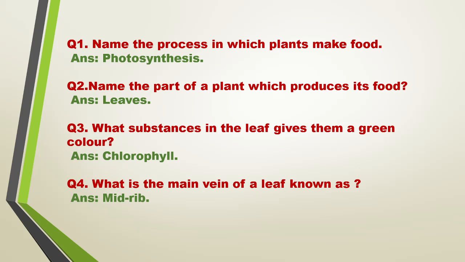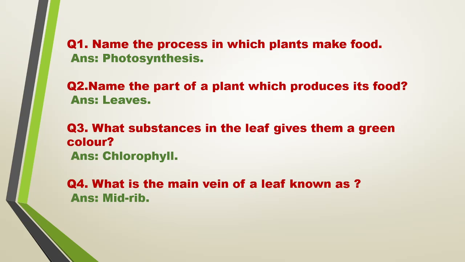Name the process in which the plants make food. This is the most common question, I guess. You all know this answer. It is photosynthesis, the process of preparation of food by the green plants in the presence of sunlight, chlorophyll, water, and carbon dioxide. This is the process by which the food of the entire life system is prepared, because the plants prepare the food which is transferred from the plant body to the different animals.